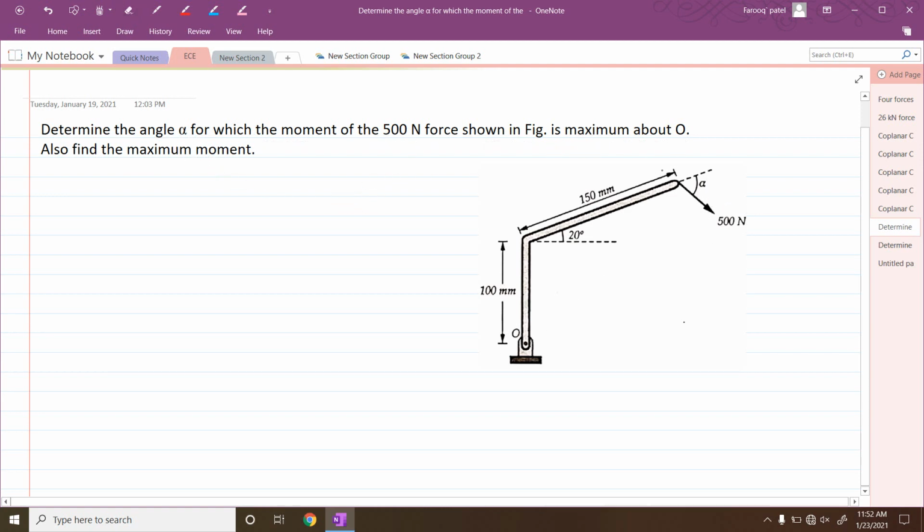One is we have to calculate the angle alpha. Another is we have to calculate the moment about point O. So if you want to calculate the moment about this point O, if you take this as one triangle, I'll draw one line here. Whenever we apply the force perpendicular to this line, then it will create a maximum moment. Based on that, we can calculate the angle at which this has to be inclined.